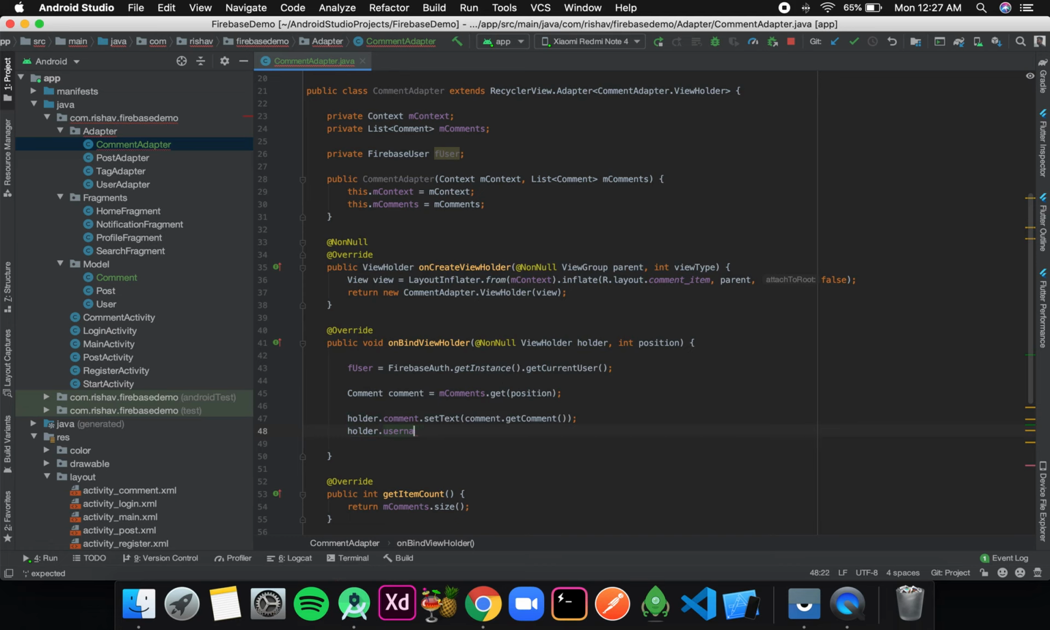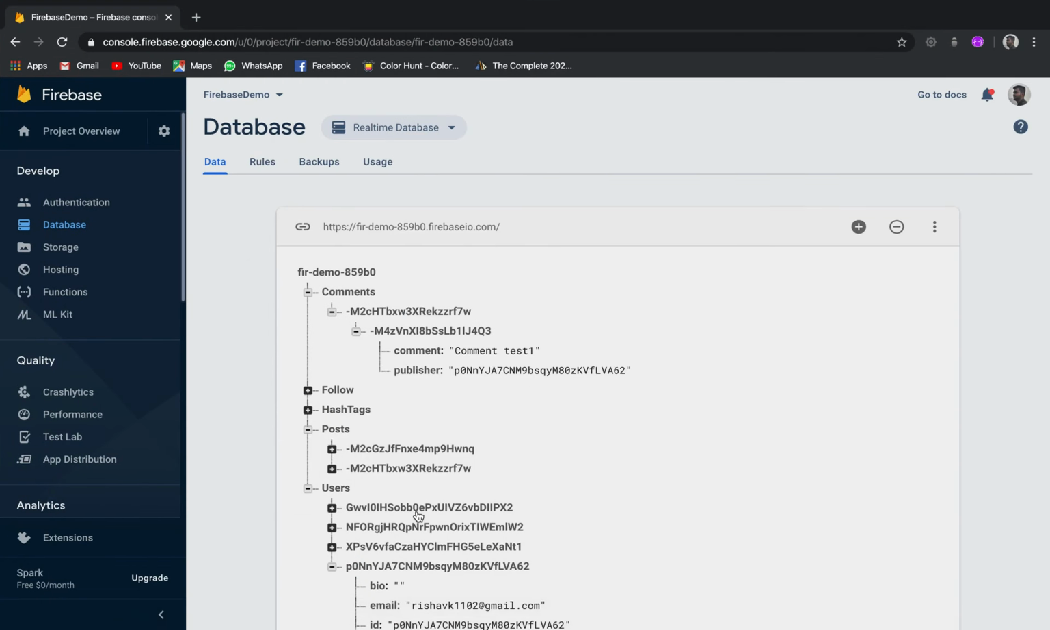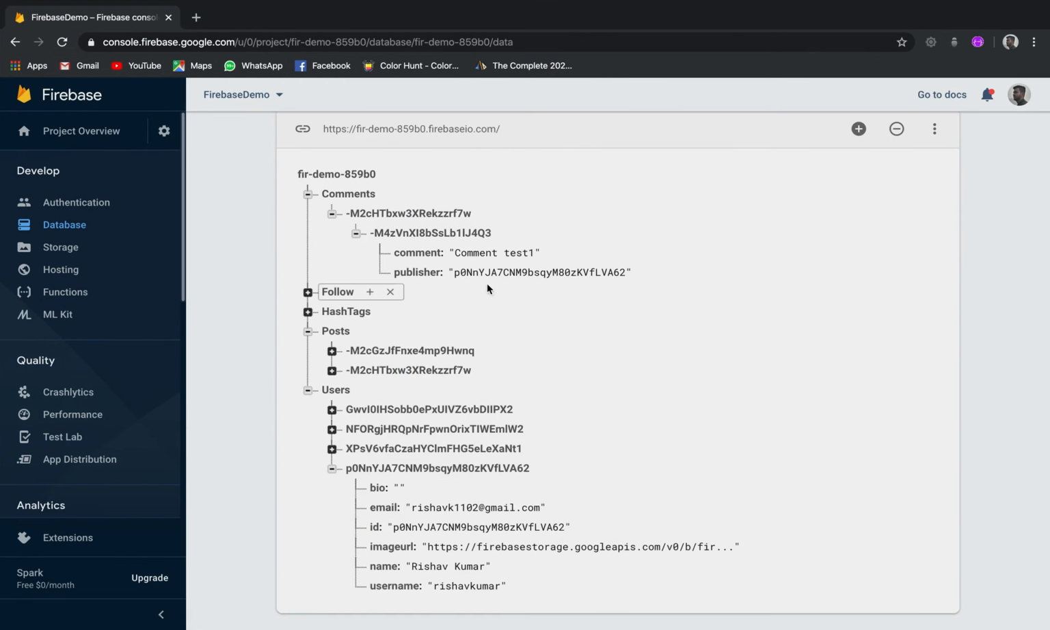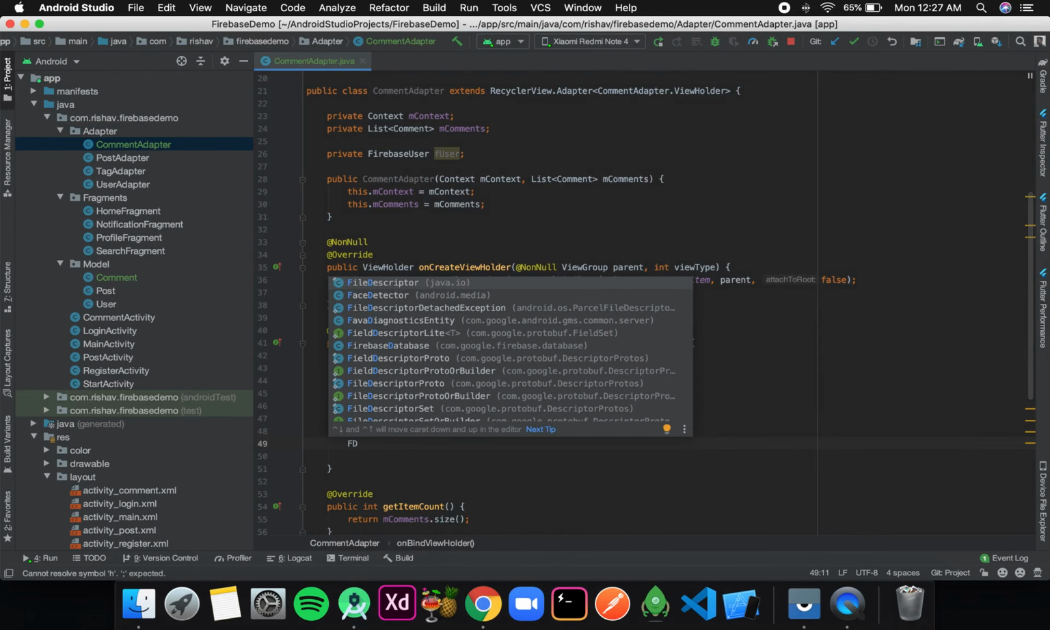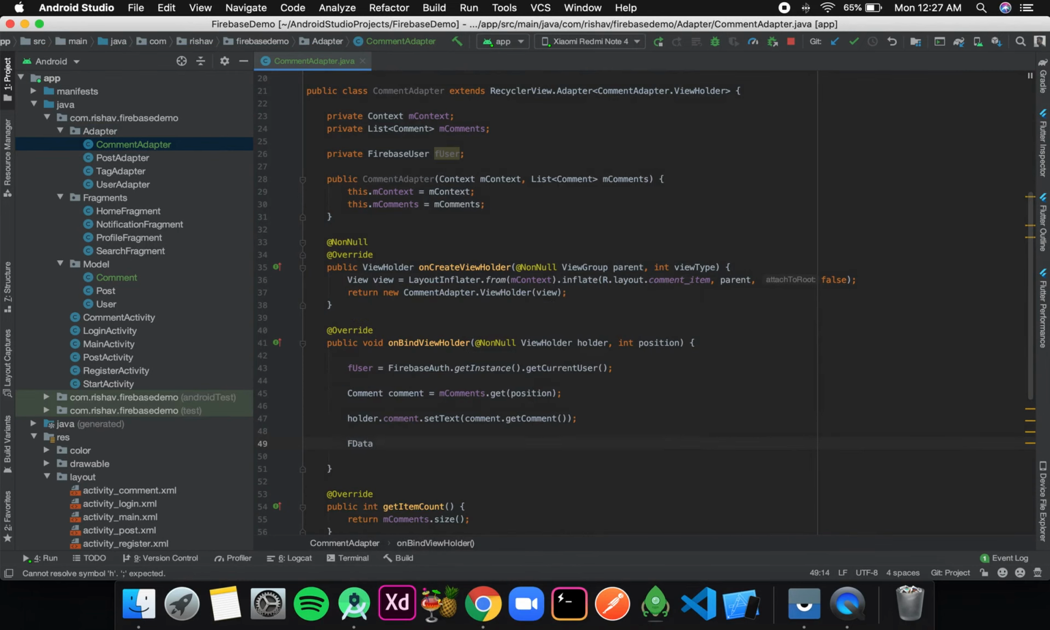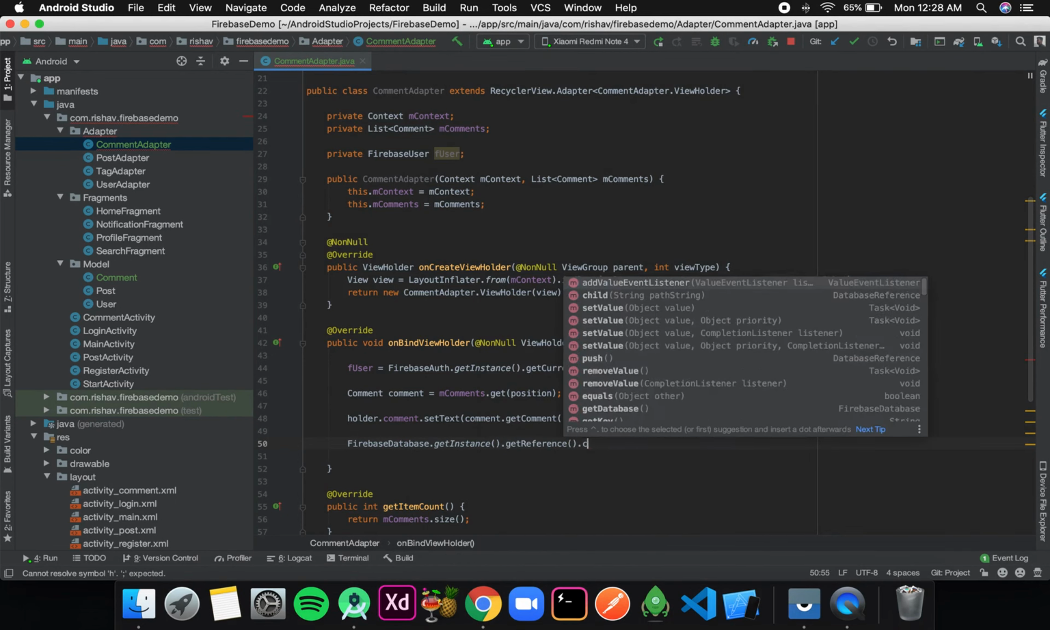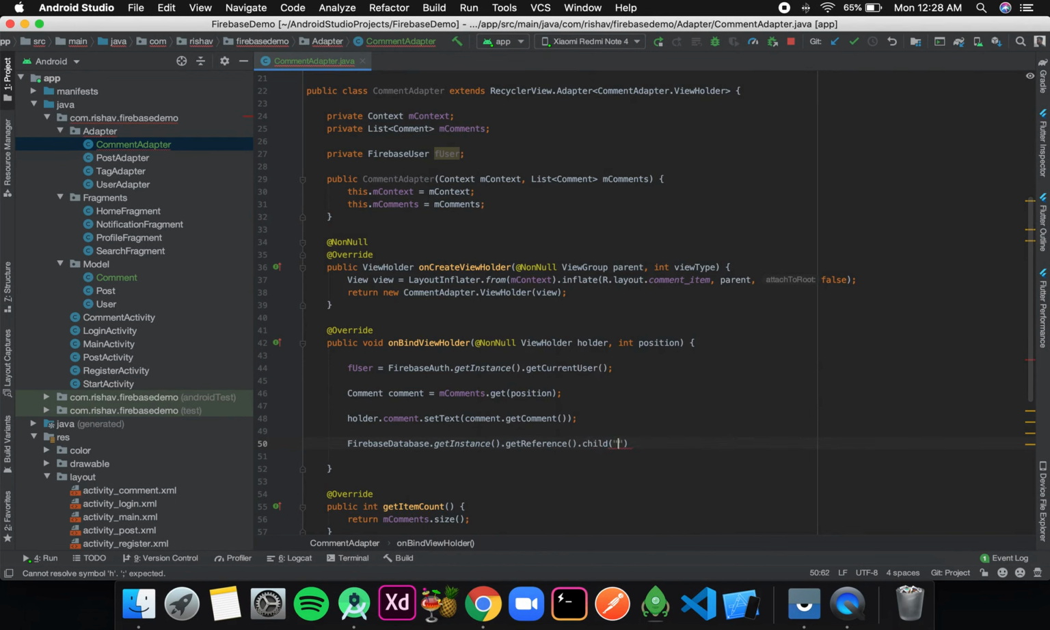Okay, we don't have the username, so we need to extract it from the users branch over here. Because we have this ID over here, for that I'll query inside the users branch. So for that I'll write FirebaseDatabase.getInstance().getReference().child("Users").child(publisher)